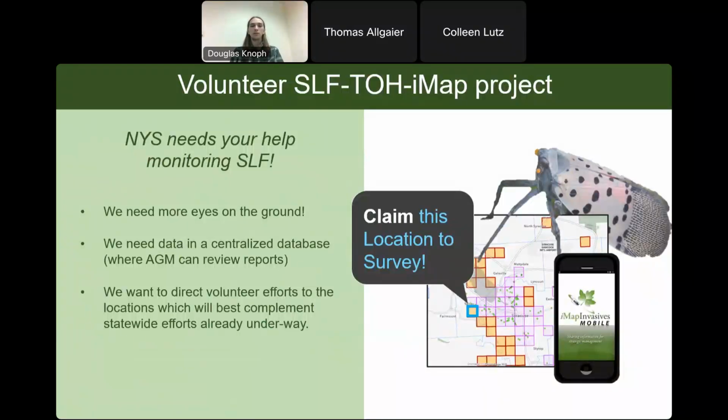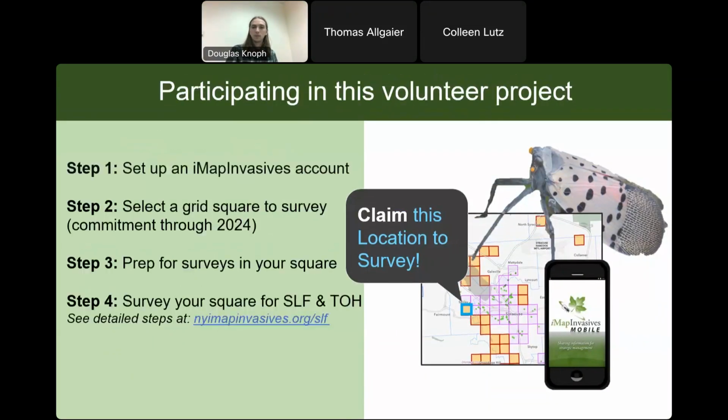So the monitoring efforts for spotted lanternfly have been ongoing for several years in New York, and obviously New York is a very large state and the environmental professional world is rather small, so we are always looking for more eyes on the ground, more people to get involved in our surveying and monitoring efforts so we can provide this extra data to our partners and help steer the prioritization of management. The best way to do that is through one of the programs we have set up right now, the Spotted Lanternfly Grid Square survey program. And these are just the basic steps of how to do that.